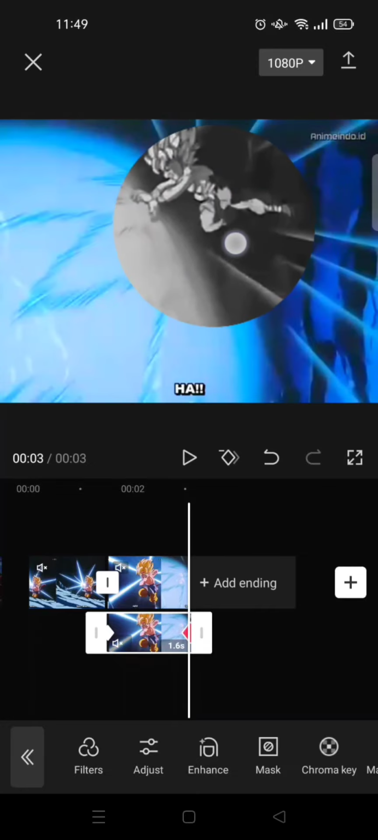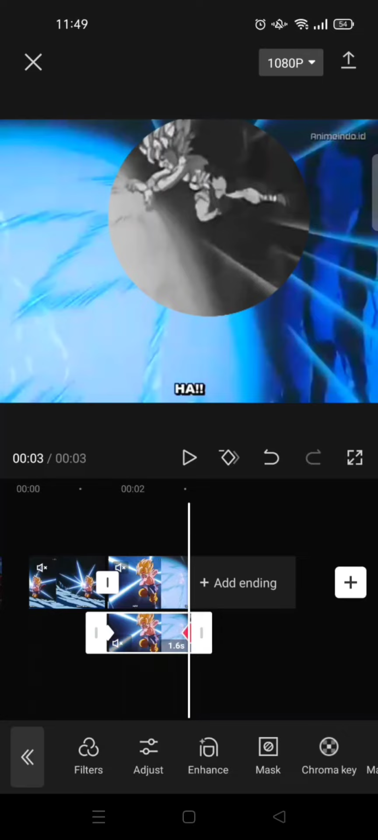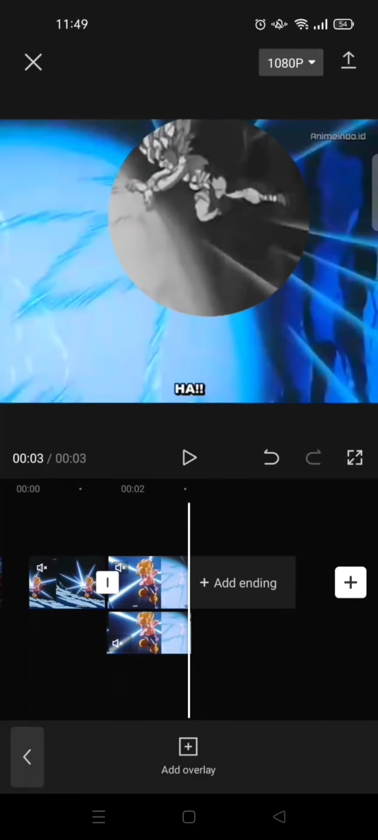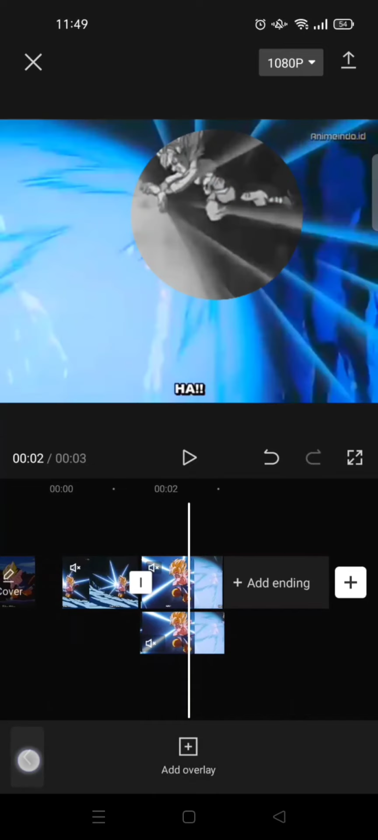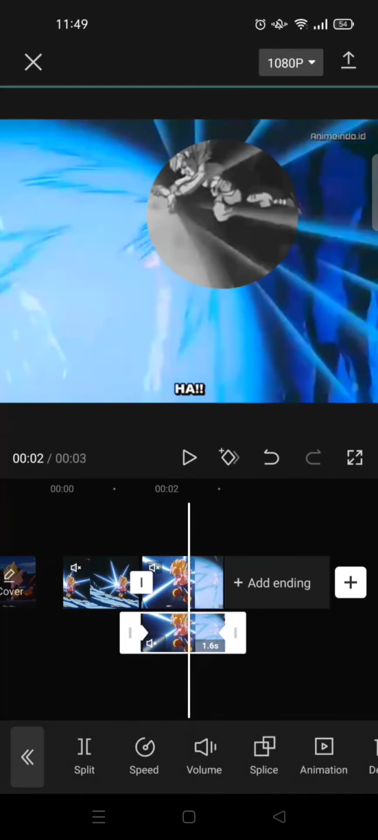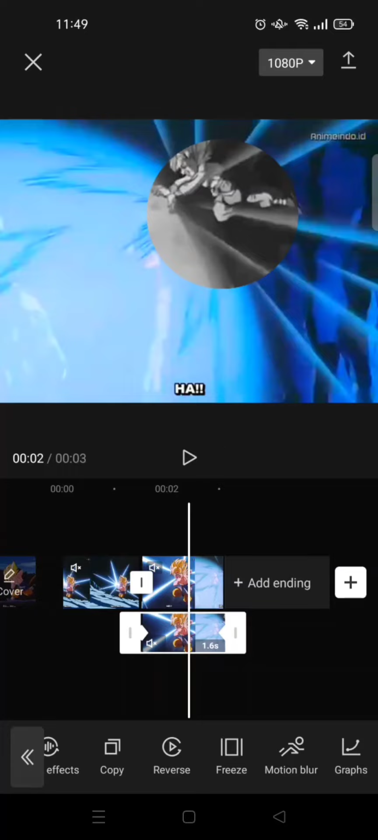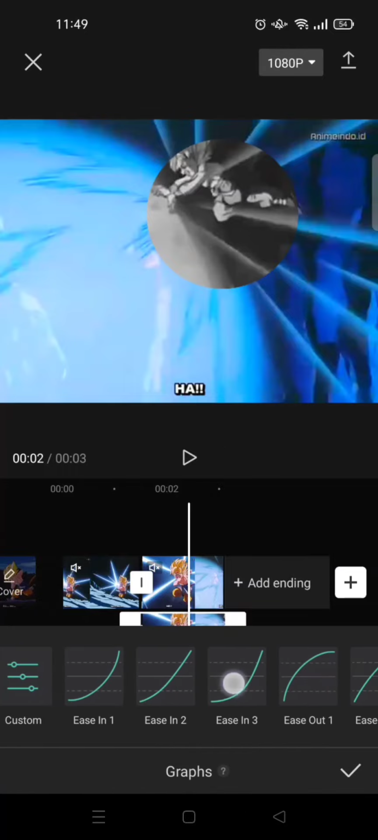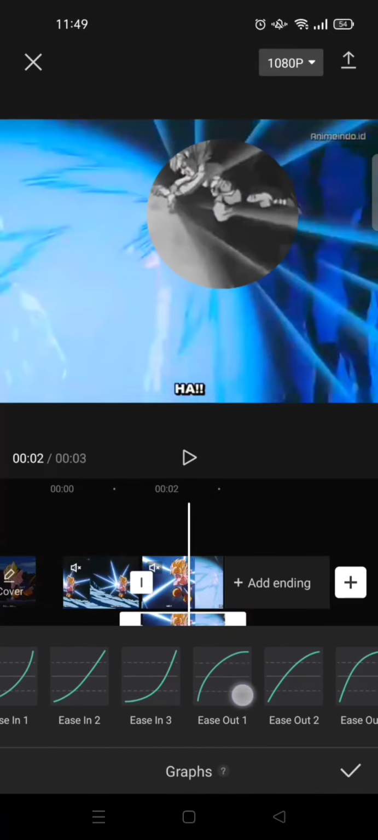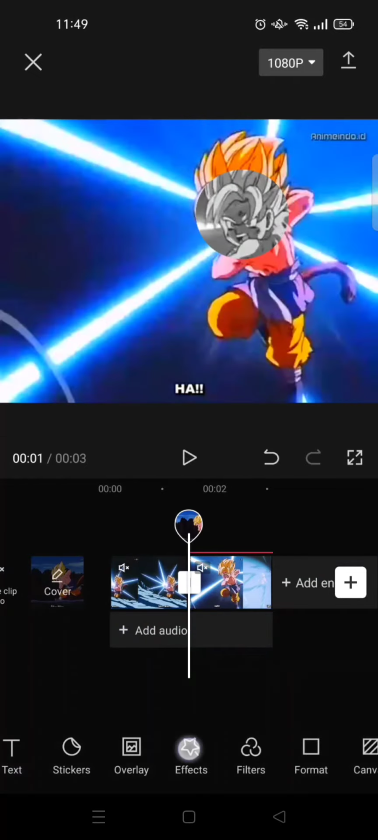So I'm going to put it in here like that, and then you can go back, and in between the keyframes here, go to graphs and choose the ease out one, and then click on the effect, video effect,